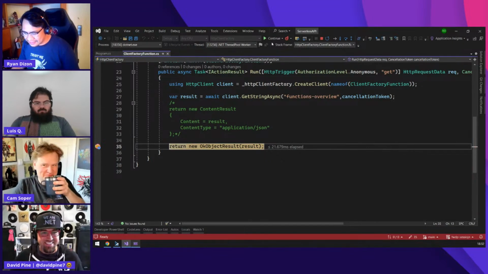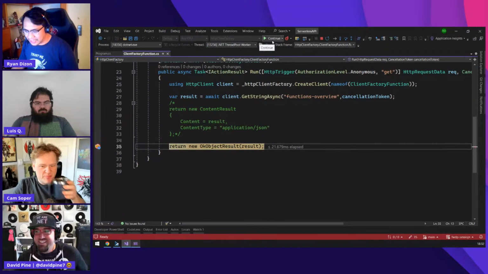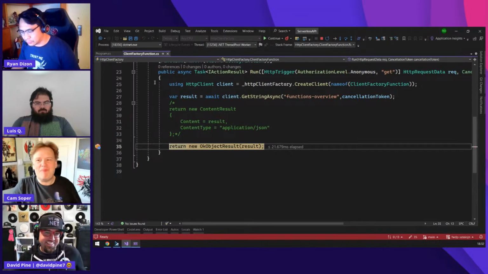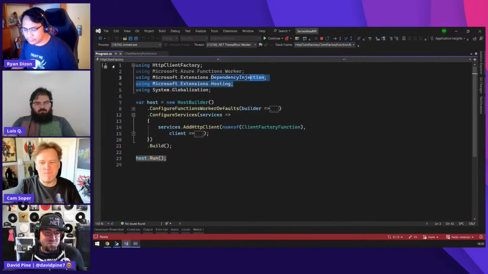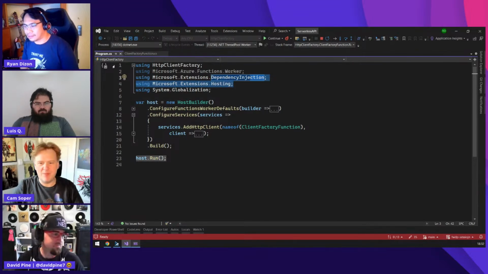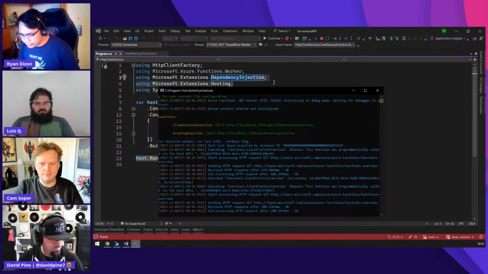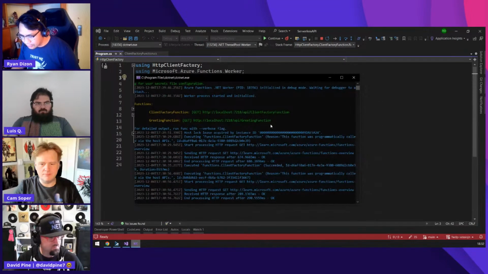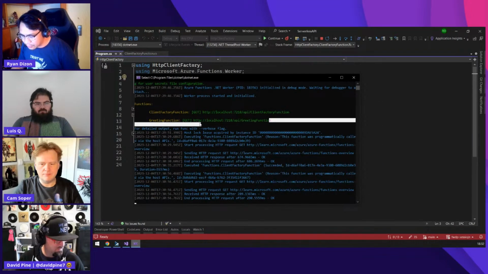Okay, but that's not the real magic there. Since we have an option now to work with dependency injection, like what we are doing when working with web API, we can do that now inside Azure Functions compared to before. But if you have noticed, I also have another function here, which is just a simple greeting.